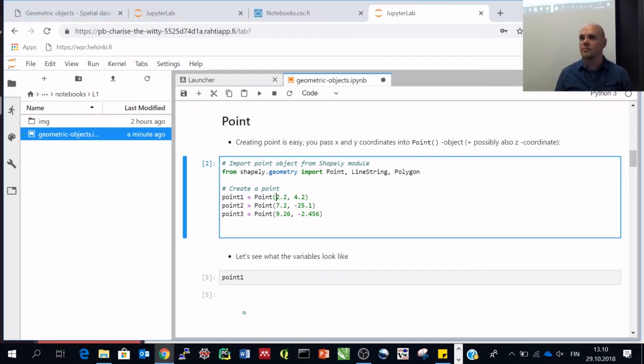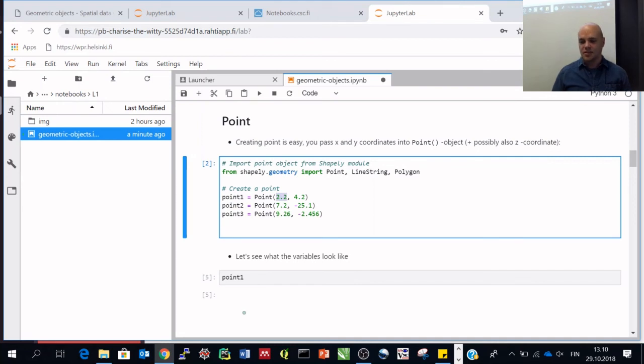X and Y. So this Point object always takes as input values x coordinate and y coordinate. Can someone tell me which one is which? So is x latitude or longitude? We typically say lat long, but